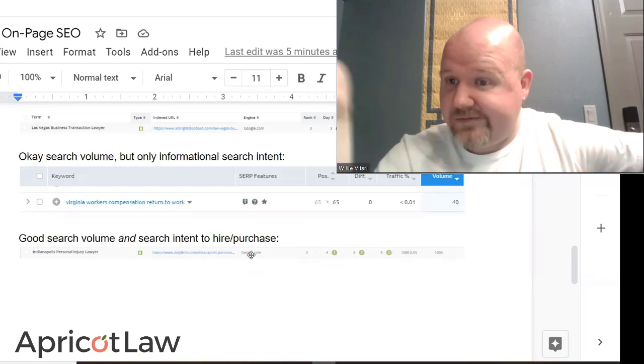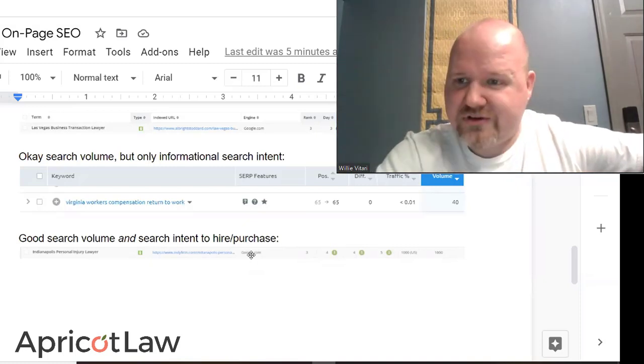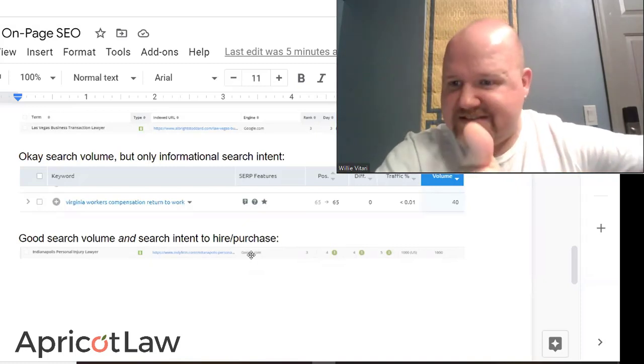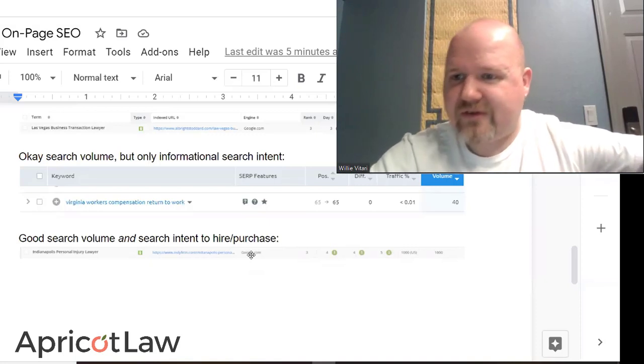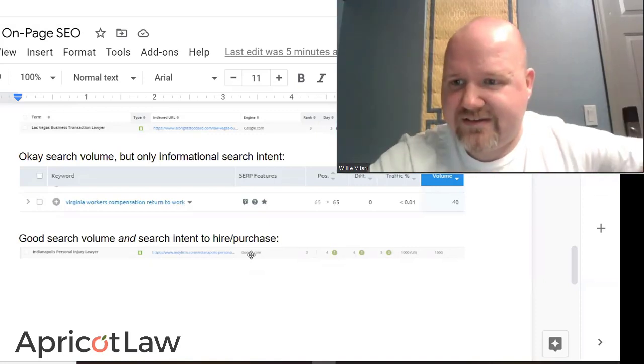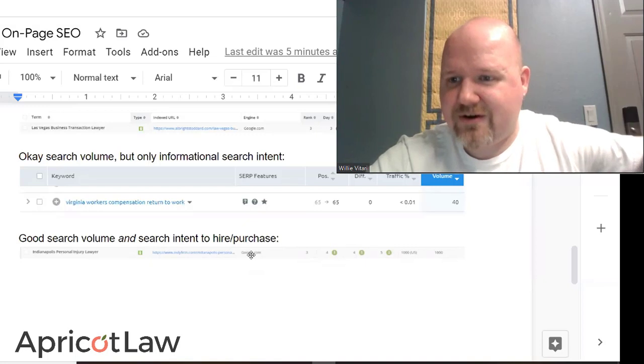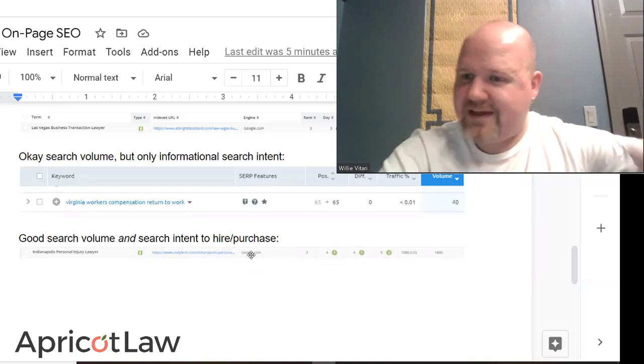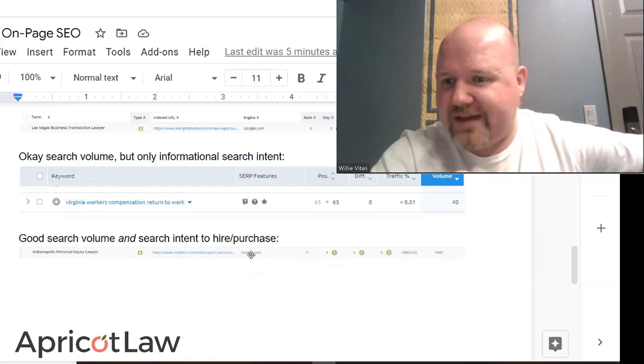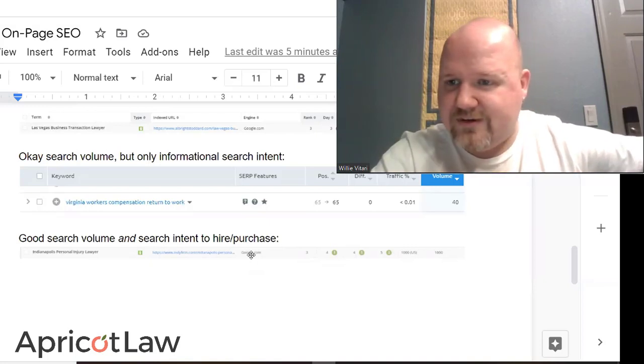As compared to long tail keywords, which are usually phrases or even complete sentences, and there are many more variations for how users will search for those. It's a lot harder to predict exactly how they're going to type it in. A good long tail example would be, do I need to hire a lawyer for a car accident?